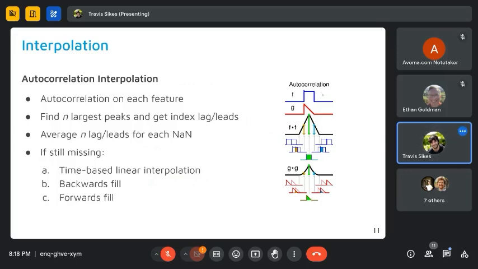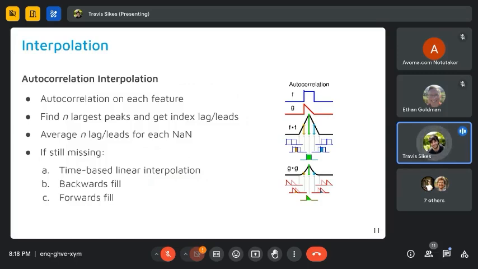The way that we're using this is that we find the n largest peaks, and this gives us our index, lag, and lead. Then, whenever we have a NaN, we average those lags and leads for each of the NaNs, and this gives us a new value that we can interpolate by.